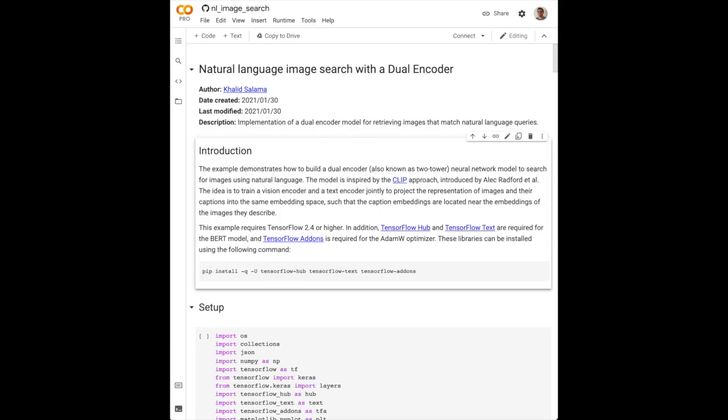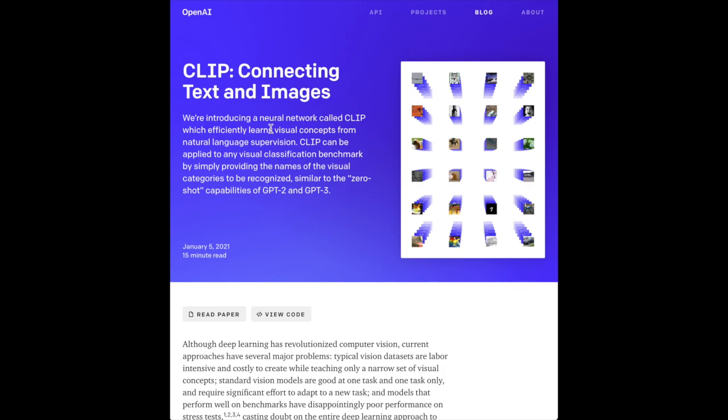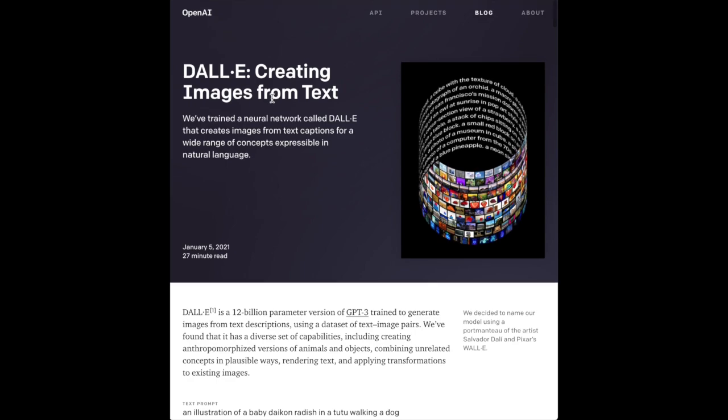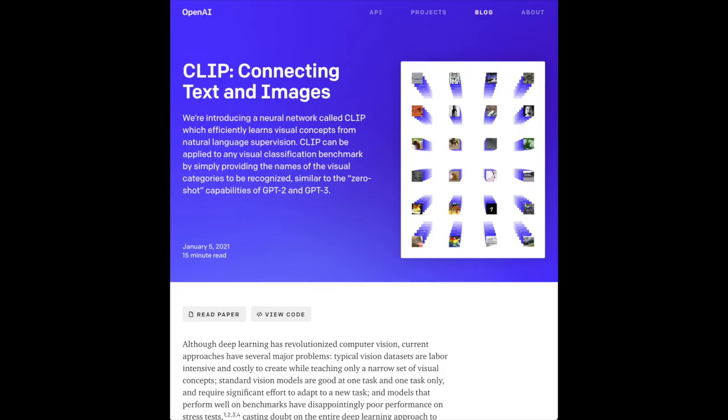OpenAI released huge advances in bridging together text and image representation learning. These models were named CLIP and DALL-E. DALL-E is probably more famous because it has this visual component of being able to produce something like an armchair in the shape of an avocado. Given this text sequence, it produces this novel image that does not exist in the training dataset used to train DALL-E. But the other advancement that's really exciting is CLIP, and CLIP might be more useful and practical for immediate